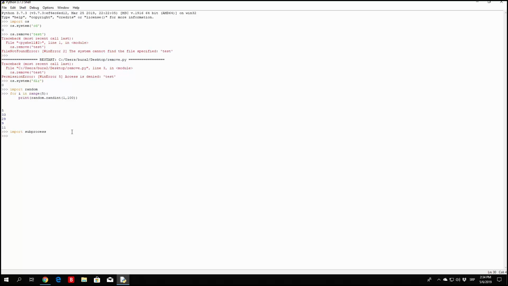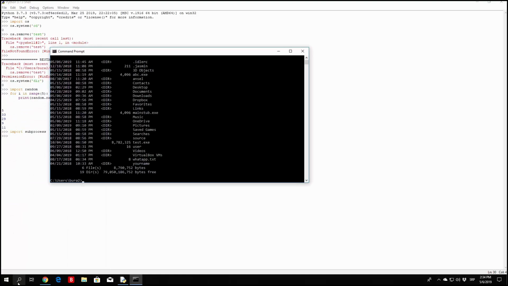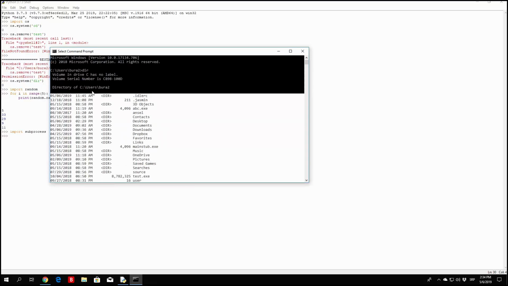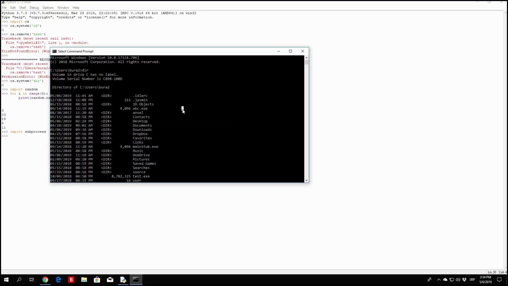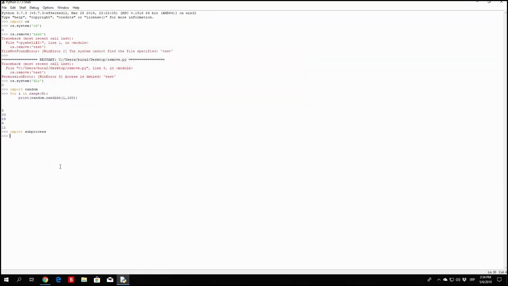For example, if you open up your command prompt and type dir, you can see that it lists all the files in the current directory, which is this directory right here. What we want to do is get that same output just with our Python. In order to do that, we can type here output will be equal to